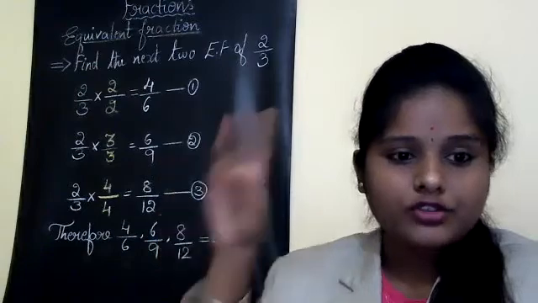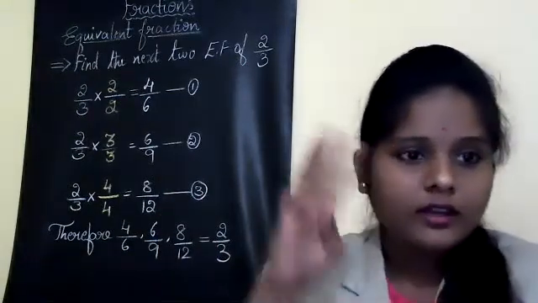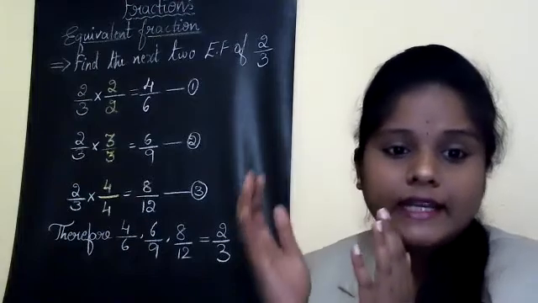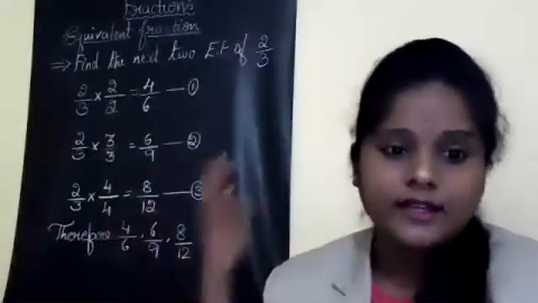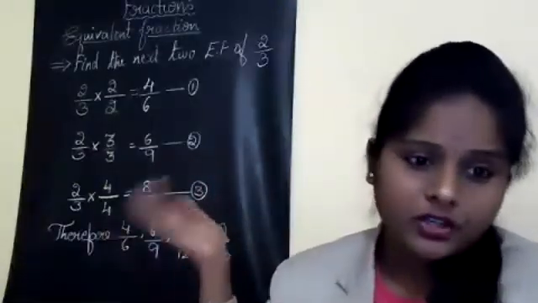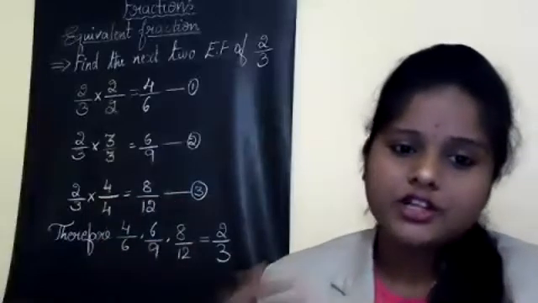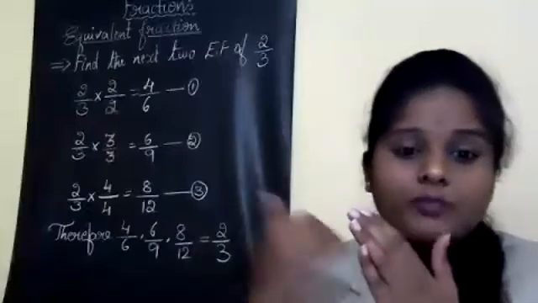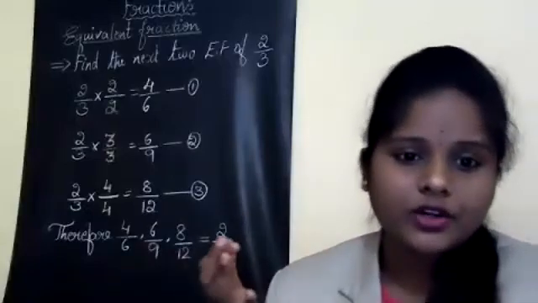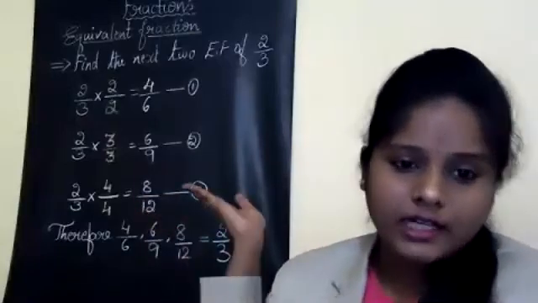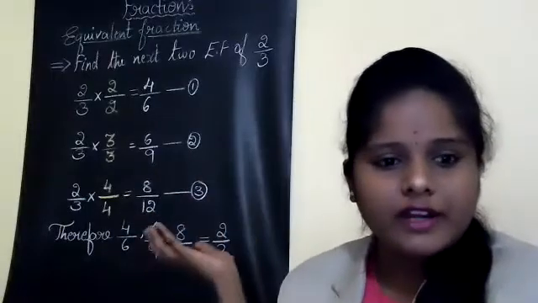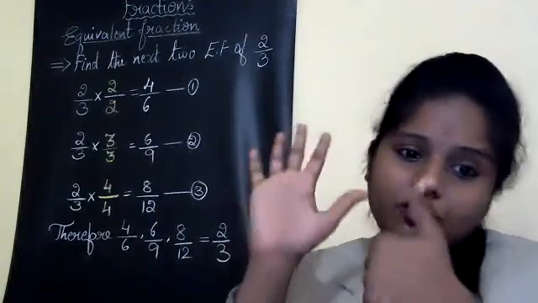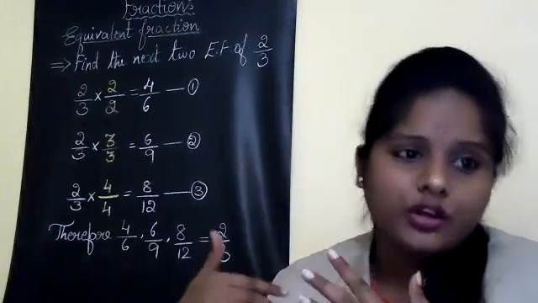Next number we are going to take is 3. Now we are going to multiply the question, that is the fraction, by 3, and we obtain the second equivalent fraction. So like this, whichever equivalent fraction, if they ask you for 3 equivalent fractions or 4 equivalent fractions, you can just multiply it by different numbers. So I have ended it at 3 equivalent fractions. If you want 4 equivalent fractions, you will multiply it by 5. If you want 5 equivalent fractions, you will multiply it by 6. Like that it goes on.